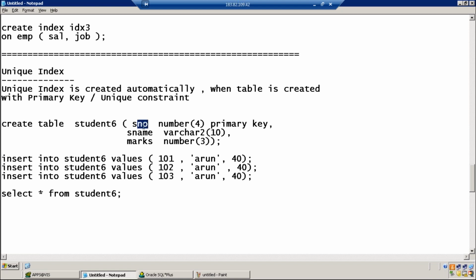Those kind of indexes which are created automatically are called unique index.